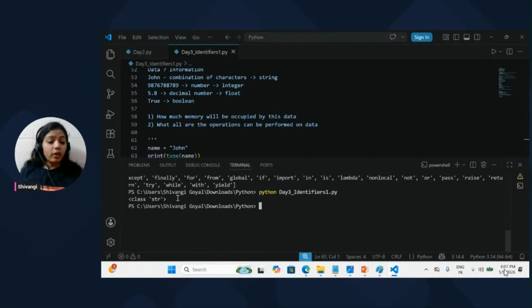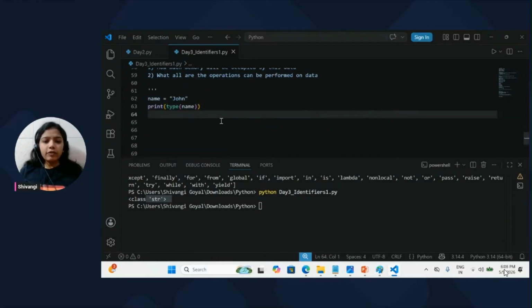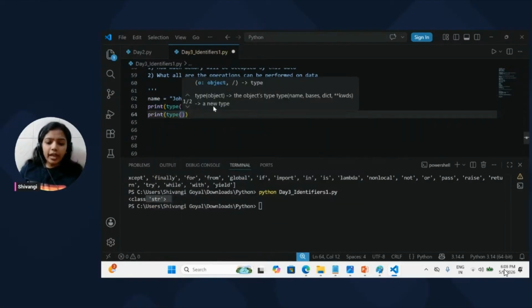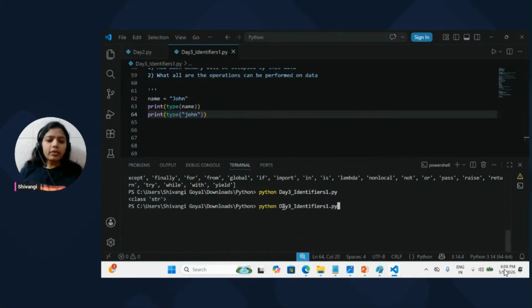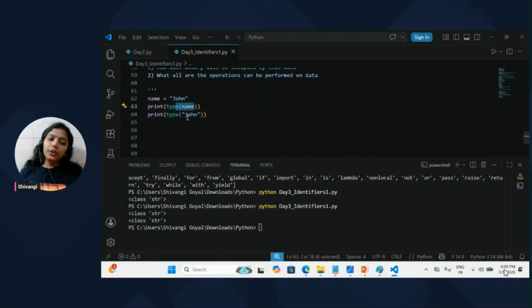So we will just see by running it. Boom, we got str, string. Each data type is a class, but just notice for now this str. John is a combination of characters, and it is a string. So the type of this John is a string. Even if you write type of, directly John here, again it will give you the same answer. So you can pass a variable directly, or you can directly pass